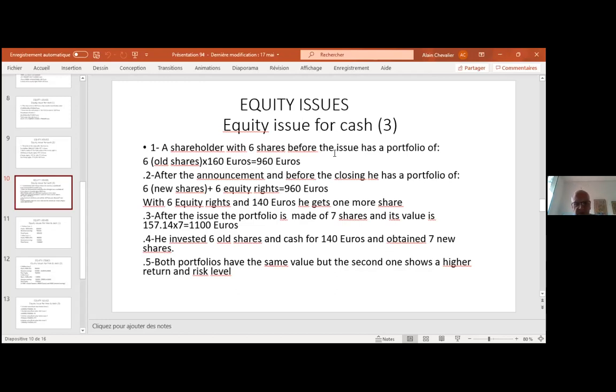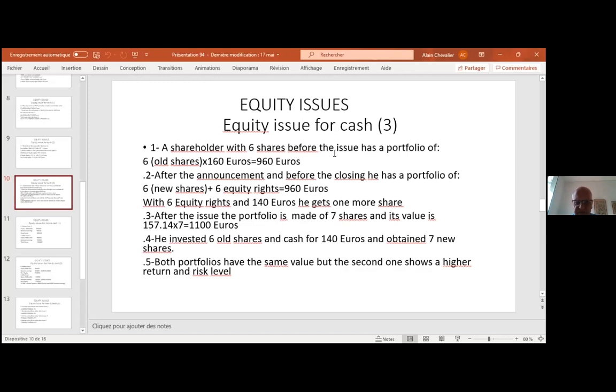But here, in this hypothesis, he has a portfolio of 7 shares, and the value of the portfolio is 157.14 multiplied by 7,